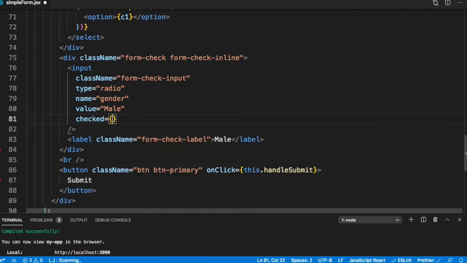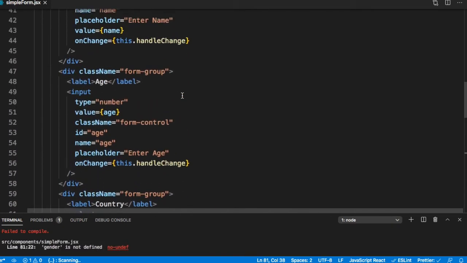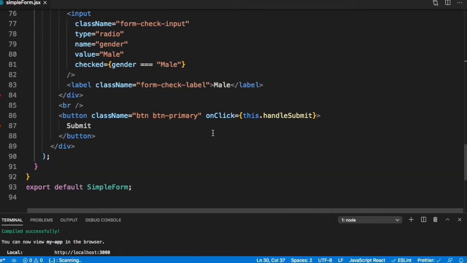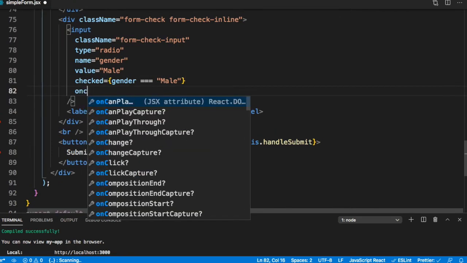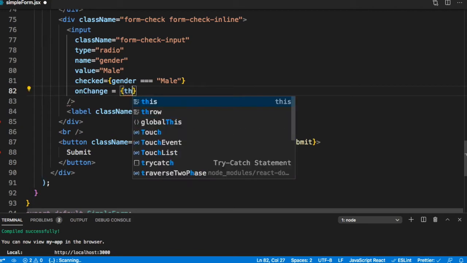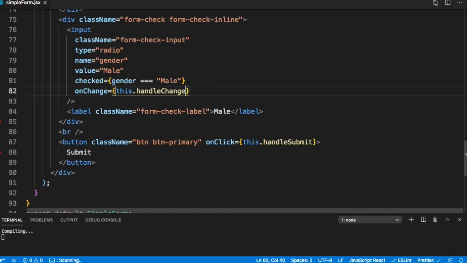So what should be checked? If gender is equal to male. If the value of gender in that field is male, then we want it checked. So we'll also need to destructure gender. So this radio would be checked, and I have my on change, this dot handle change.